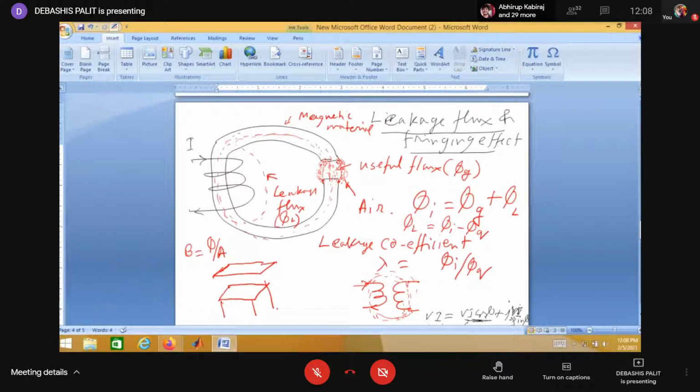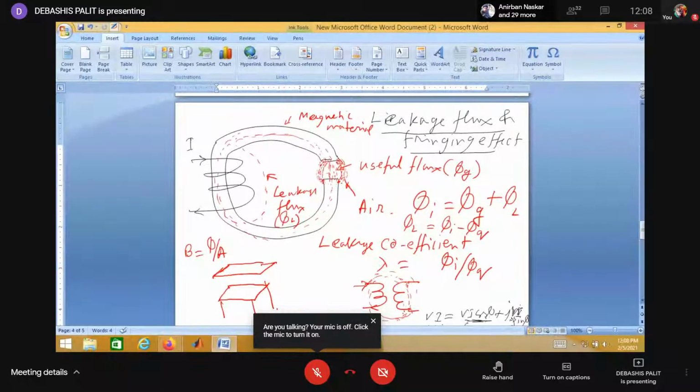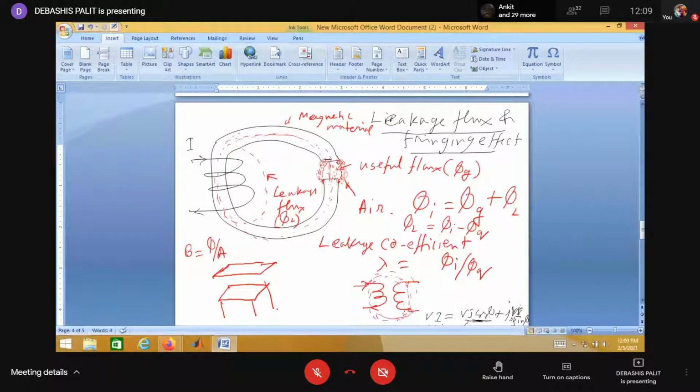I will come to this point next when I explain magnetic coupling and how mutual inductance is created. Then I can explain this. There must be some leakage flux, and that is why magnetic coupling takes place to another coil in an air core coil. There is no magnetic material at all. Through the air, flux is linked to the other coil. That is nothing but the leakage flux. Whenever flux is flowing through a magnetic material, a specified flux path, then it is your useful flux. Understand my point?